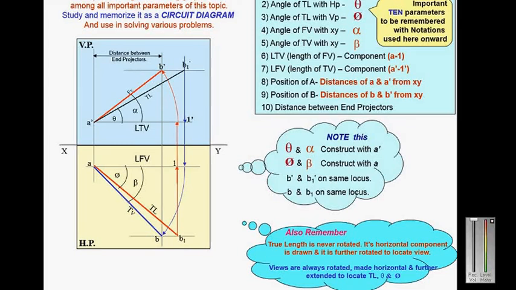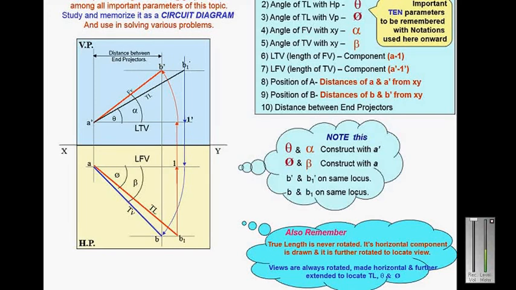A dash B1 dash is the true length, and that true length makes an angle of theta degree with HP, that is called true inclination with HP. AB1 is also a true length, that makes an angle of phi degree with VP. And the distance between end projectors: draw the line through point A dash and A. The front view of A is A dash and the top view of A is A. So draw a line through A dash and A, it is called a projector, and it is called an end projector because A, B are the two end points. Similarly, the front view of point B is B dash and the top view of point B is B.